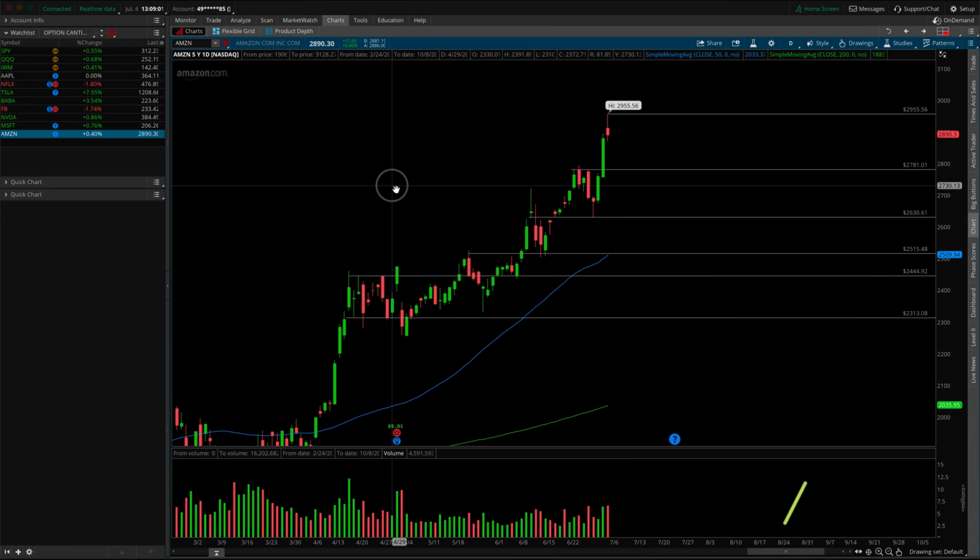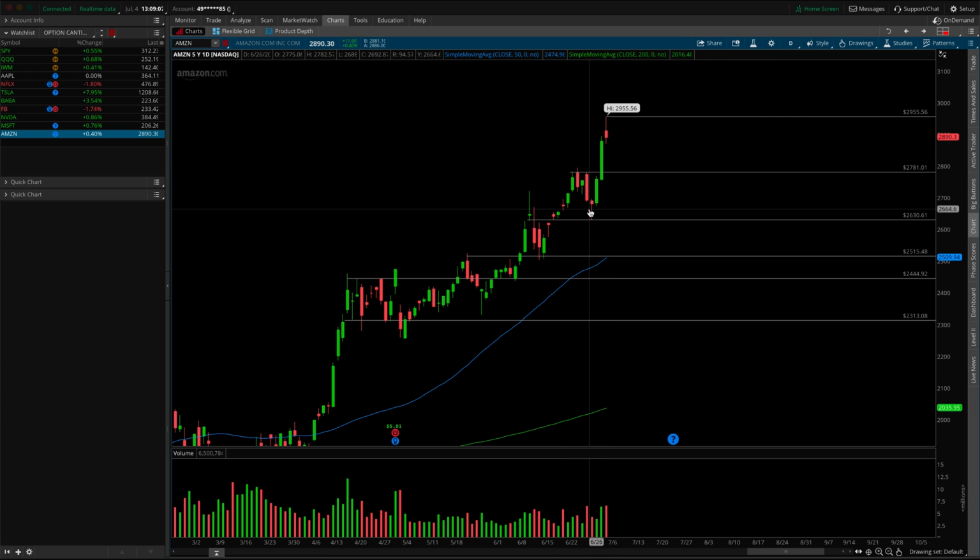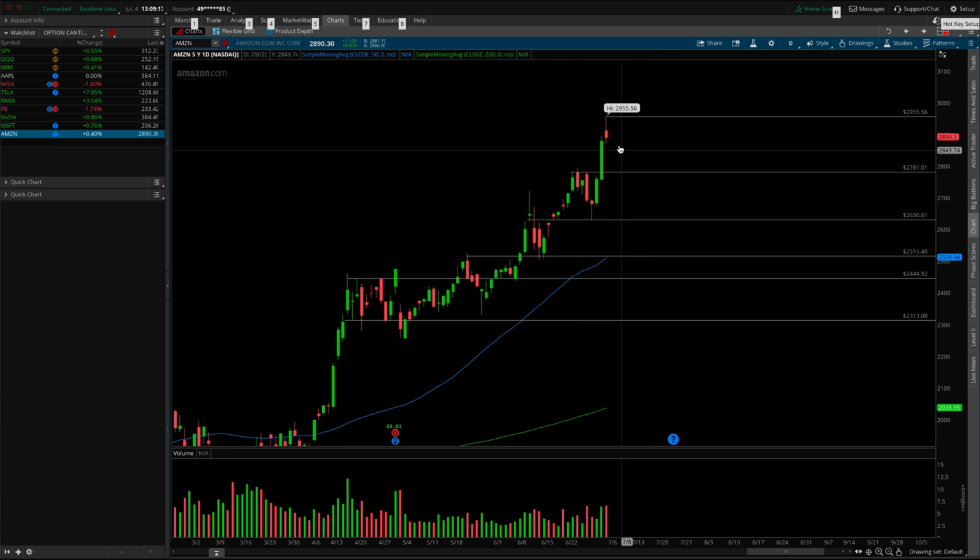And Amazon, just as beastly as Tesla, essentially making a massive move throughout the course of the week, all forming with a nice little hammer candle off of a key support. If you caught that move to the upside, congratulations. Very good technical analysis reading if you saw that hammer and acted on it. But inverted hammer now, of course, looking just like NVIDIA, Microsoft, the rest of them with inverted hammers. The potential for a pullback is there to potentially retest the breakout level here at